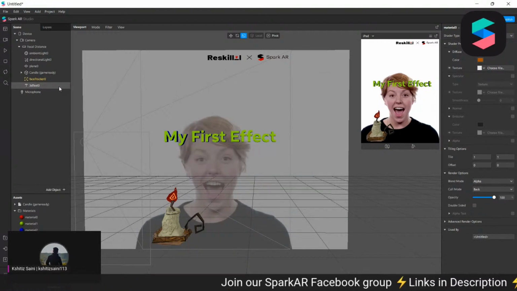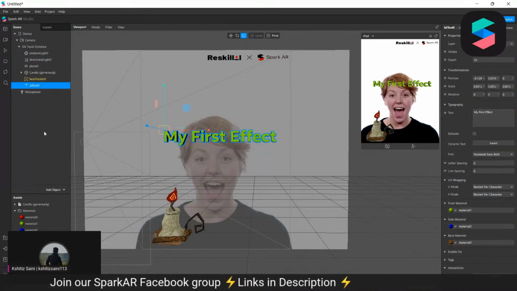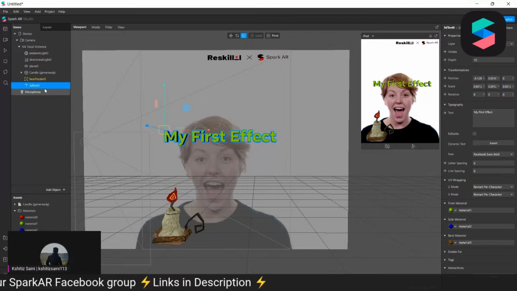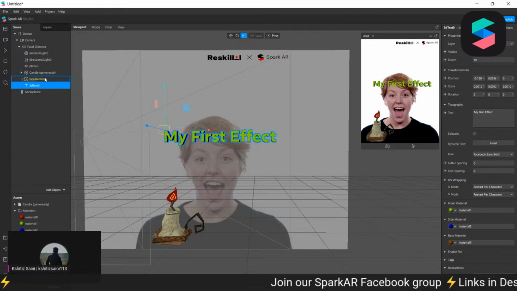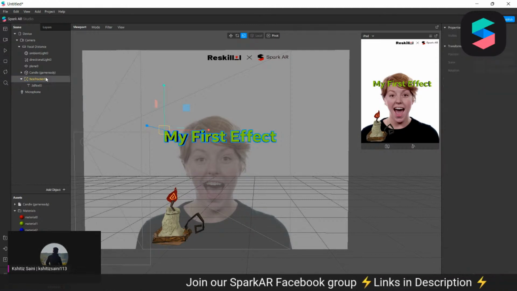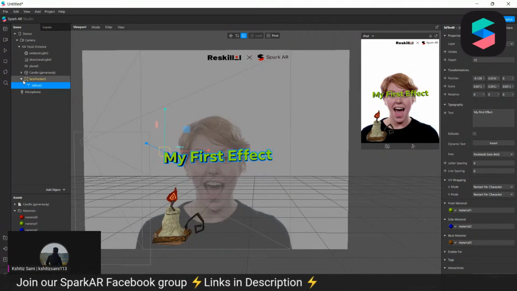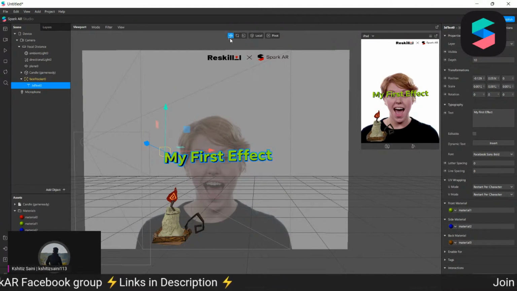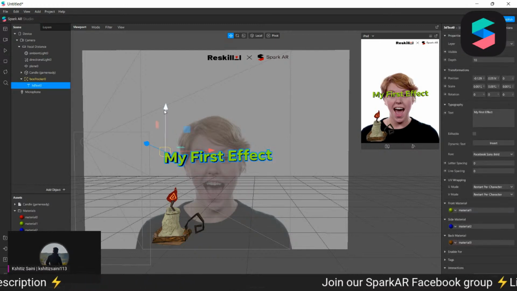And now I want to track the 3D text with the face. So what I will do is select the 3D text and drag and drop it inside the face tracker. When you drag and drop it inside the face tracker, a rectangle will appear with the face tracker. And now you can see the 3D text is inside the face tracker, and I can reposition it wherever I want. So I will reposition it on the